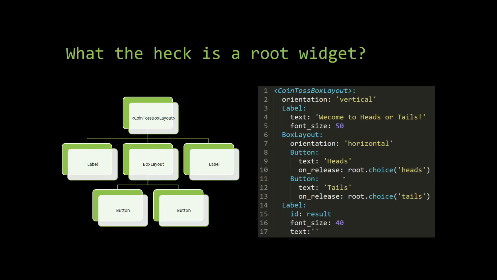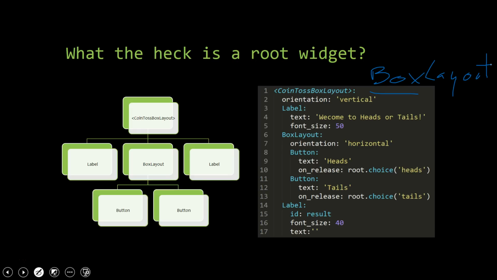Right, so this is the Kv language. And this line here says I have a widget that I'm defining, called coin toss box layout. And I've been very good with my naming convention here, and you can tell that that is a box layout widget, which has its own page on kivy.org to explain what it does, but it does do laying out on the screen. Doing layout manually is really hard, keeping track of numbers of where things need to be placed, and also